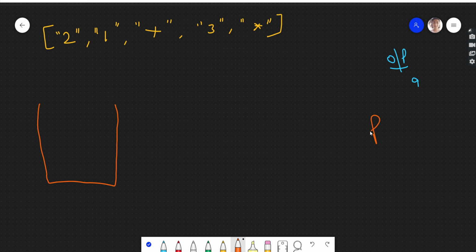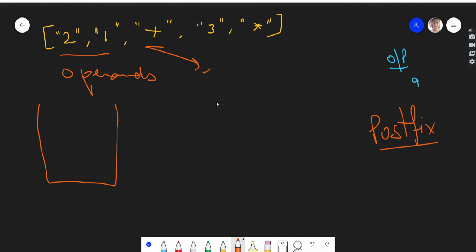Since this is a postfix expression, first of all the numbers will come, and these are the operands, and this is the operator, and the operator could be plus, minus, multiplication and division, right? So what will be our approach? We need to evaluate it, right? See how we'll do it.